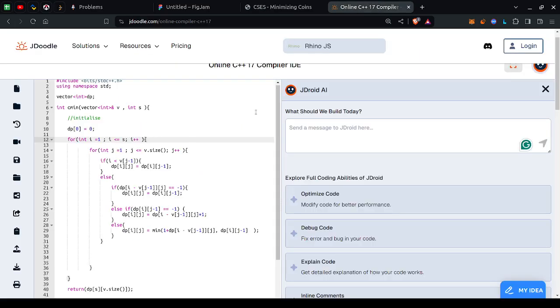So now we have to think about the further changes. So this particular loop is running across the second across V,